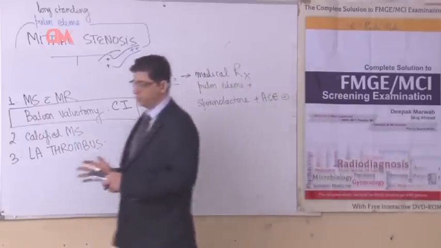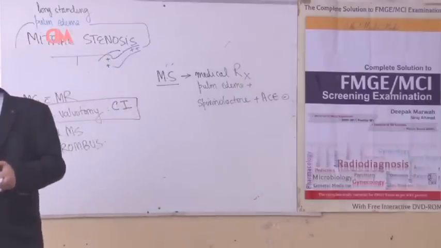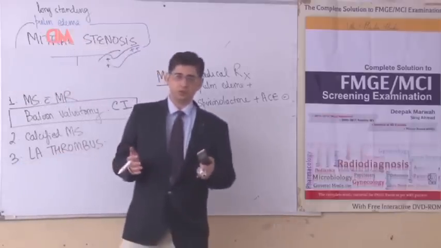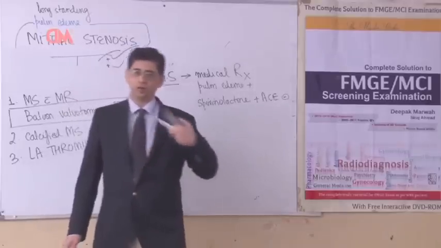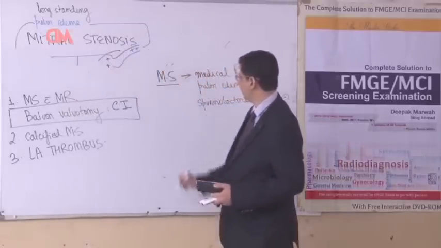If the question uses the word severe mitral stenosis, then the answer would primarily be percutaneous mitral balloon valvotomy. I use the word percutaneous because we're going to go via the cubital vein, go into the right side of the heart, deploy a balloon from the right to the left, and then deploy a balloon and get rid of the mitral stenosis lesion.